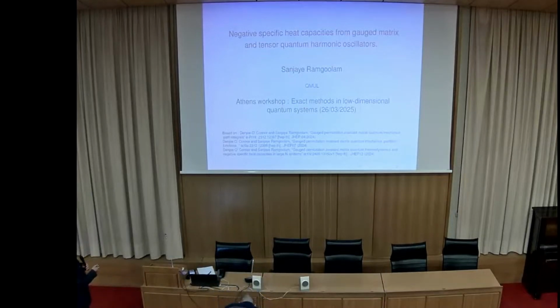So yes, I'll be talking about negative heat capacities from gauged matrix and tensor oscillators. This is work done with Denjo O'Connor over the last year or so, where we talked about basically gauging finite group symmetries, where your matter degrees of freedom are matrix degrees of freedom, and then setting up path integrals, calculating explicit partition functions, and then extracting some physics, and then finding that these naturally give rise to